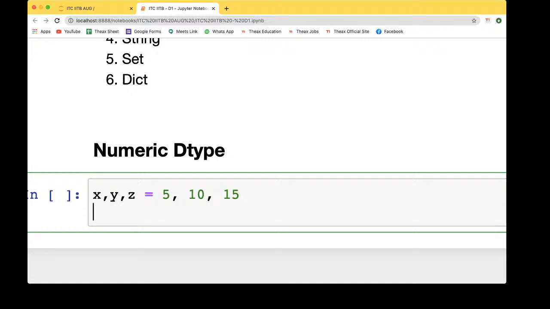Okay. So let's say this to be P, Q, R. Let it be 5 point, 10 point, 15 point, right? So in any case, if you are not writing R as 15 point, if you are taking R as 15, that is not a float, right? Because it is not containing any decimal values. So let's say we do this, okay? This PQR is 5, 10, 15. This XYZ is 5, 10, 15.